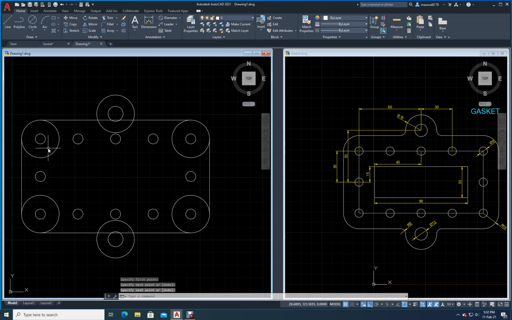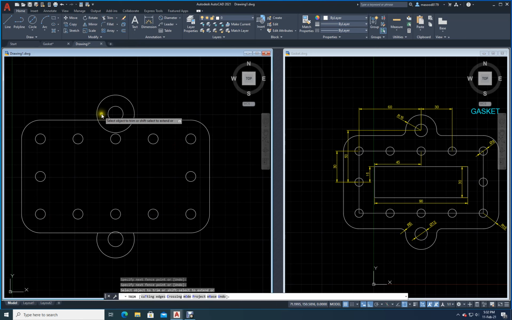Okay, now what you don't need, just get rid of that. Go to the trim command. I don't need this, out, this also not needed, this also not needed. Just get this one also out. Okay, this also out like this. Fine. So now almost we are there, so I don't need this. I will get rid of this.